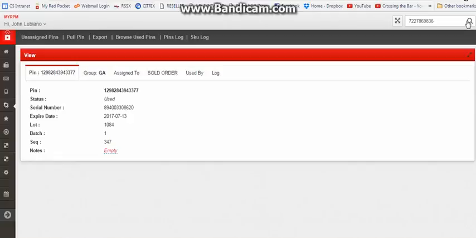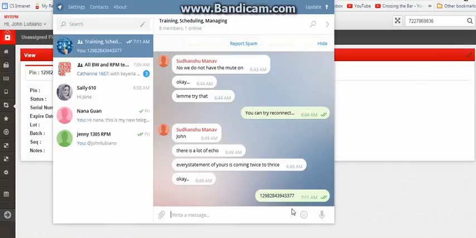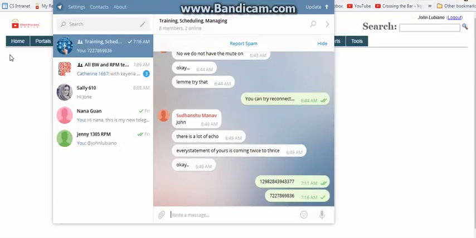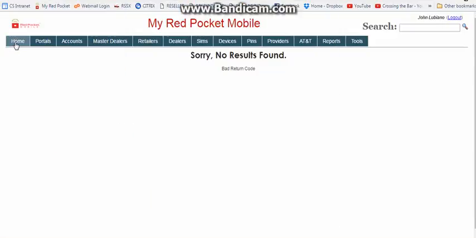Exactly. It's still showing on my end, I mean, searching on my end. But should you want to try it yourself, you can get that pin from Telegram. There's a way for us to get the information from that pin. You can click